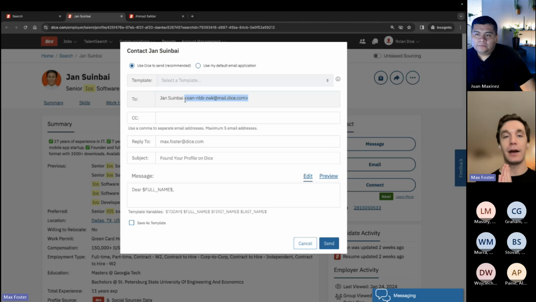The masked email allows the tech candidate, if they ever want to turn their profile invisible, to actually bounce your email, and so you get a no, even if they don't tell you directly via email, hey, I already found a job, you don't need to contact me anymore. You'll simply get a bounce back. So a lot of tech recruiters are now really liking this email feature because it gives them more information faster.